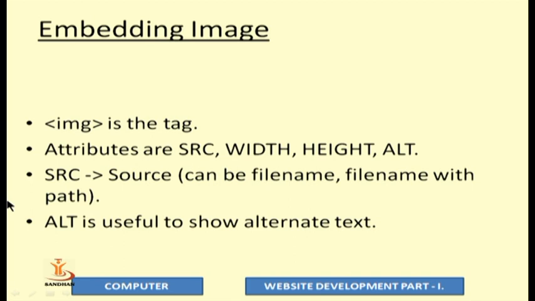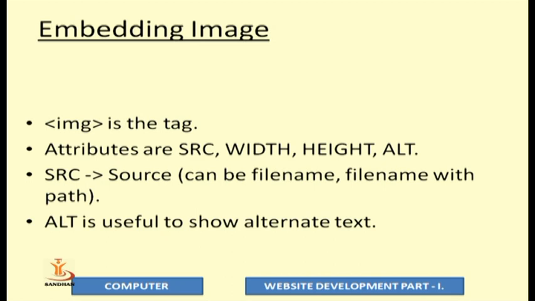Like if you want an image from another website to be incorporated in your own website or your own web page, you can specify a remote path as well. And one more attribute is alt. Alt is always called alternative text. Now, when you use this alt attribute, it never appears anywhere. But we suggest that when you use an image, you must use alternative text.